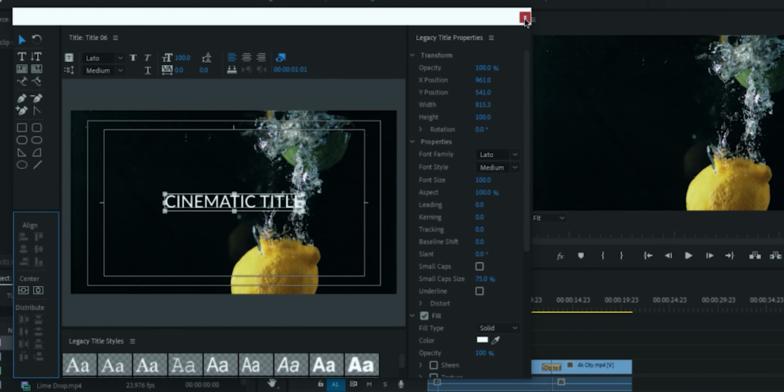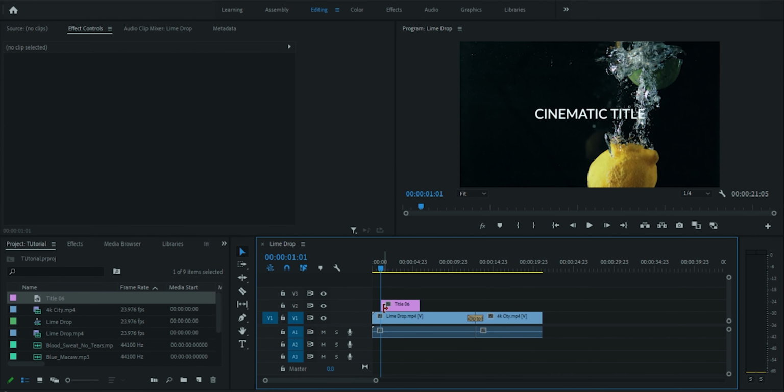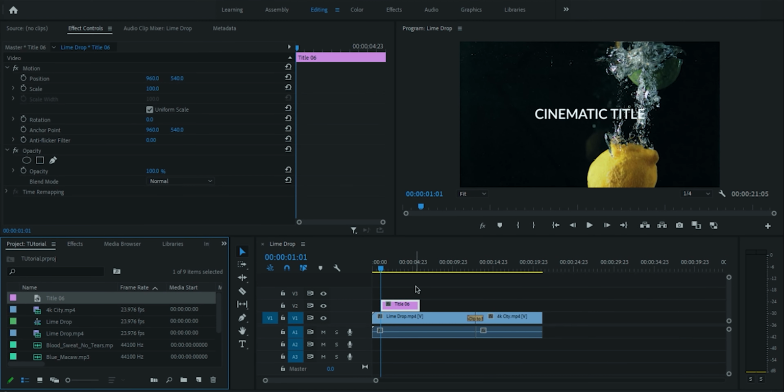And after that, you can just close this. Your title will be created right over here. You can drag your title and place it above the video file that you have on the timeline. If you want to animate the text by giving it a fading in and fading out look, you can go